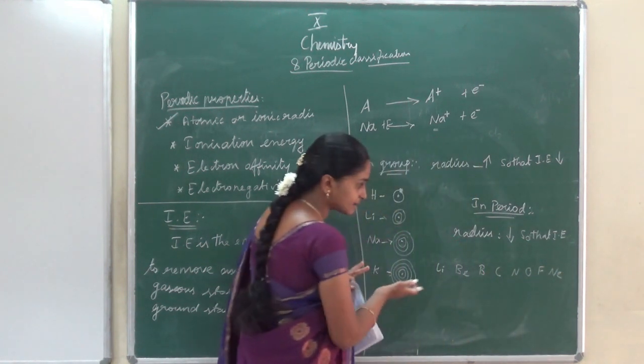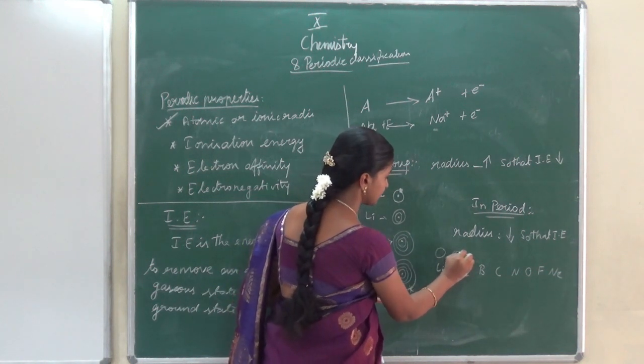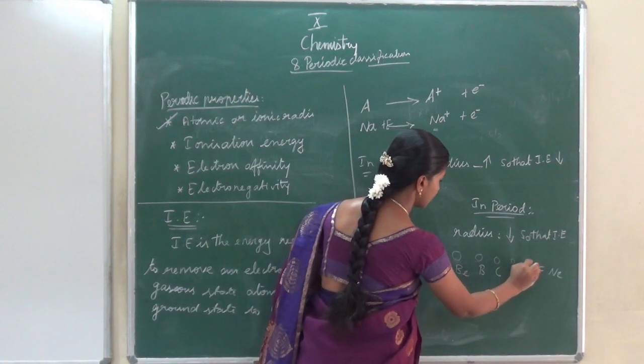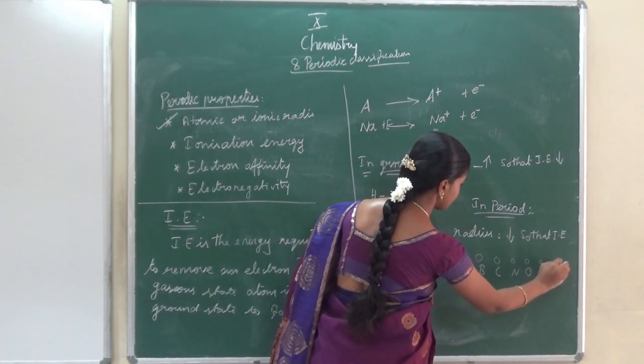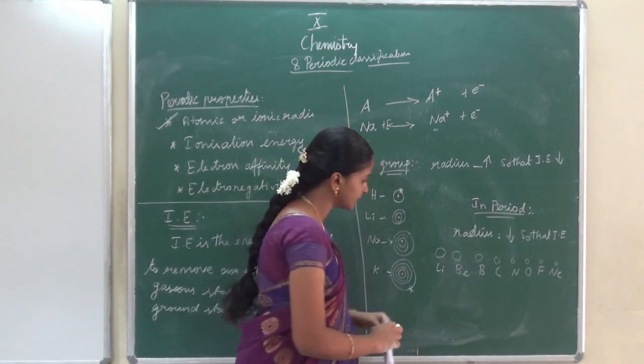The size is decreasing. Lithium size, next beryllium size, boron, carbon, nitrogen, oxygen, fluorine, neon. So the size is decreasing, and when the size decreases,